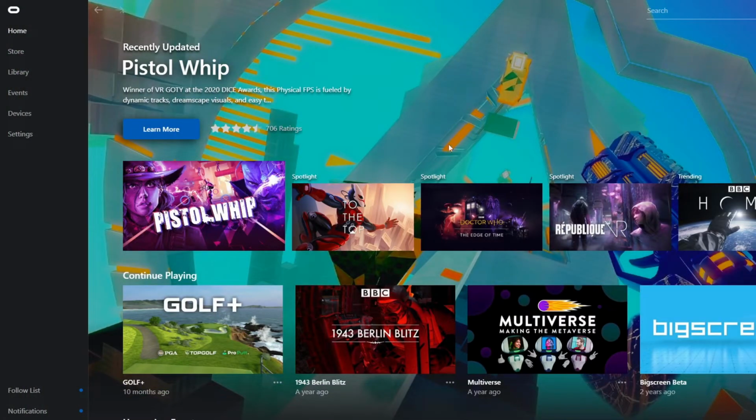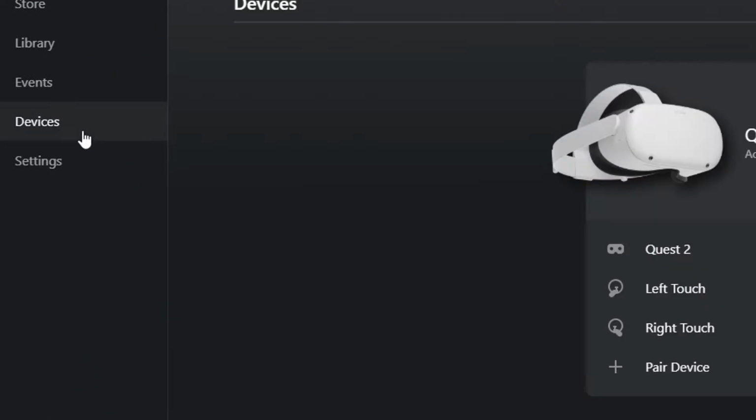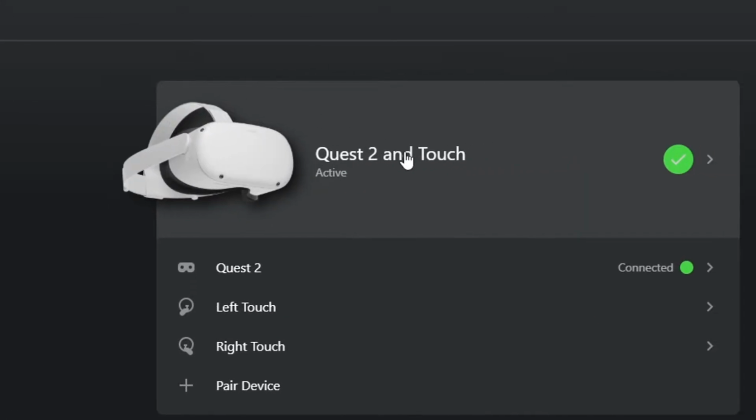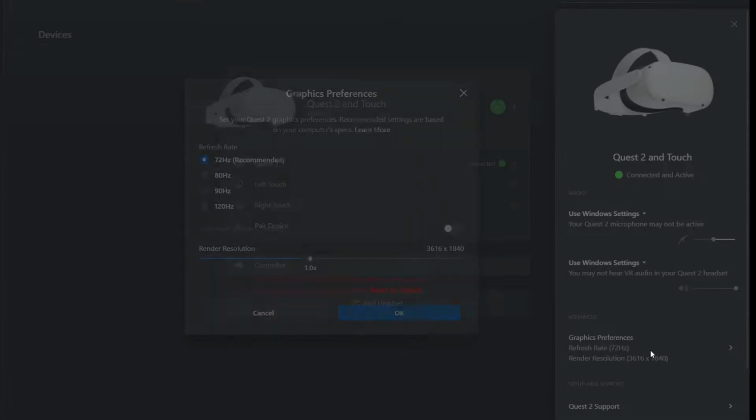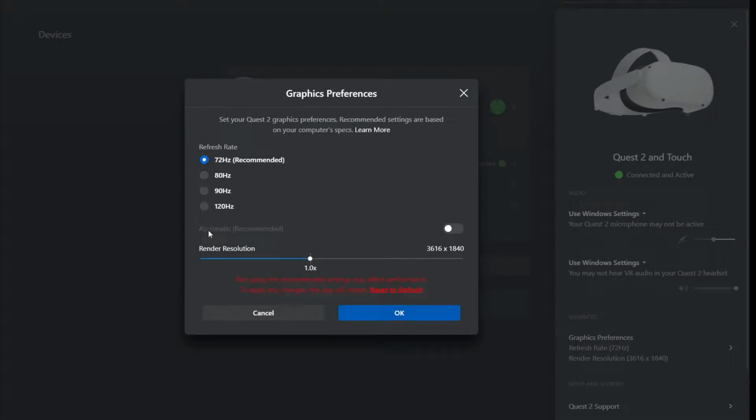To adjust the render scaling, go to the Oculus app, Settings on your desktop. Go to Devices on the left side. Click on the Quest 2 icon and there you will see render scaling in the hardware settings, and I have no idea why Meta has hidden this feature so far away, as it is quite important. Here you can look for the render scaling option, and adjust the scaling to match the